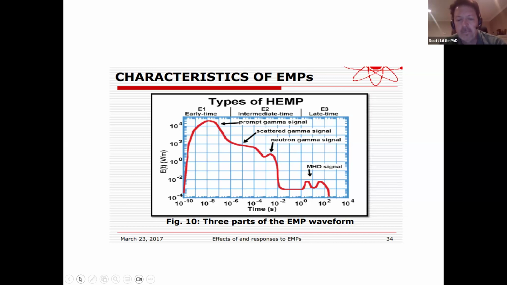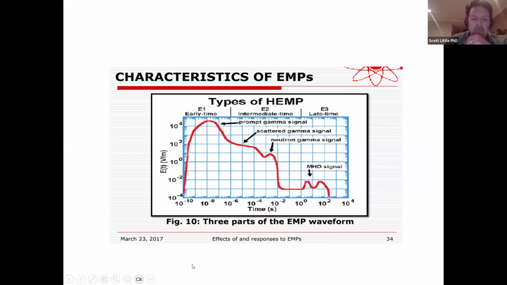They're more than gamma and neutron wave signals. They're more like magnetohydrodynamic signals. So they're right within the electromagnetic spectrum, and they're usually from 10 seconds on, sometimes into days or weeks, depending on the strength of the signal. And we'll see how each of these are going to affect what we have out there as far as electronic devices and other things. But those are the three basic categories.